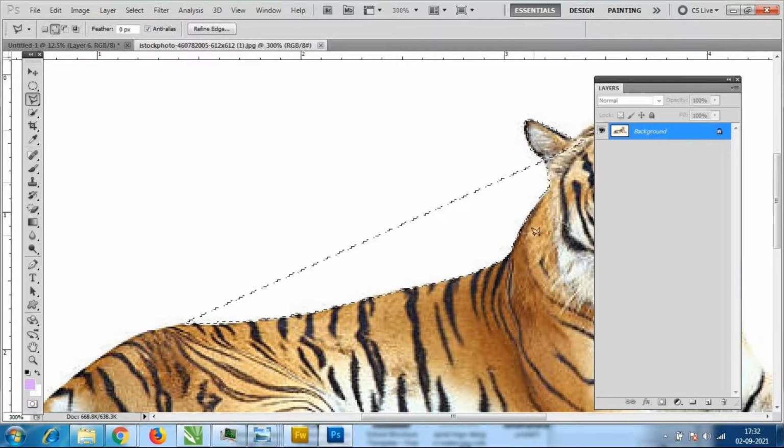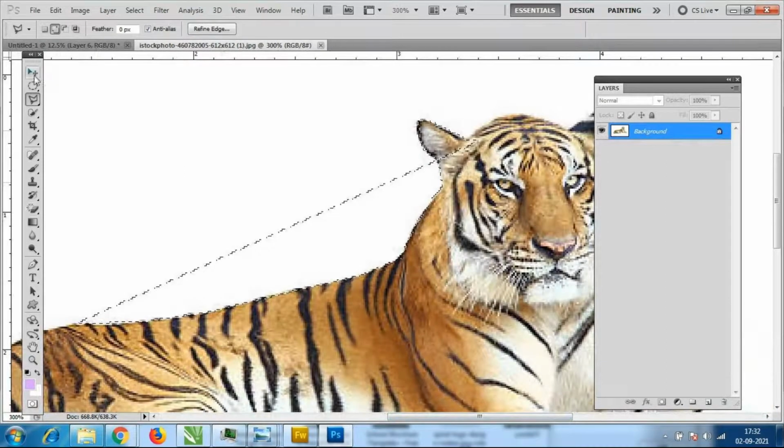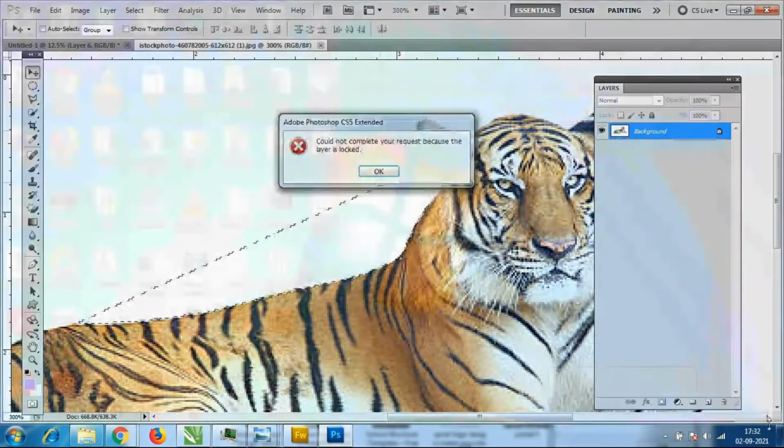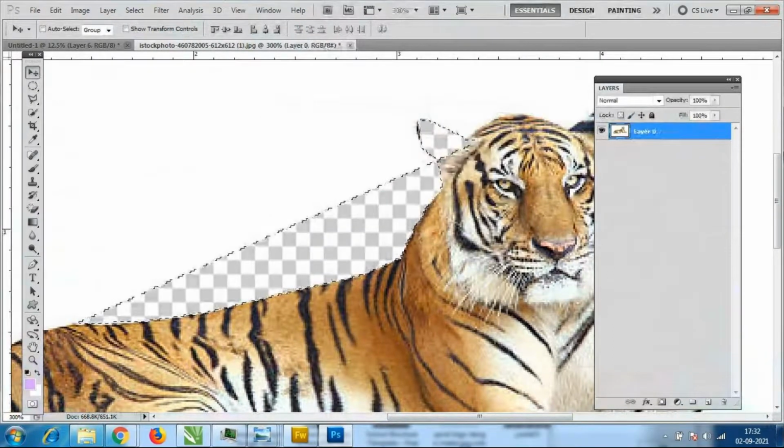See, still you are seeing that. If I unlock this and delete it, see what happened. These shapes become straight.